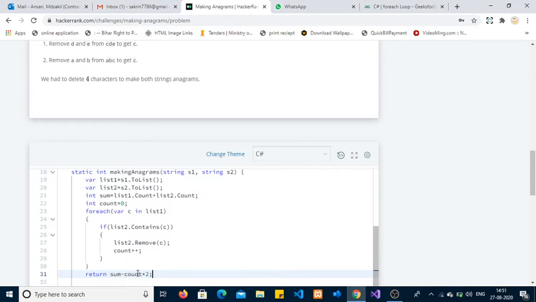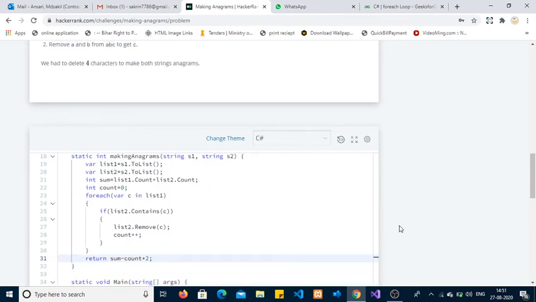This will be the total number of common characters in both strings, and if we multiply this by 2 and subtract from the total items of s1 and s2, then it will return the deleted characters.